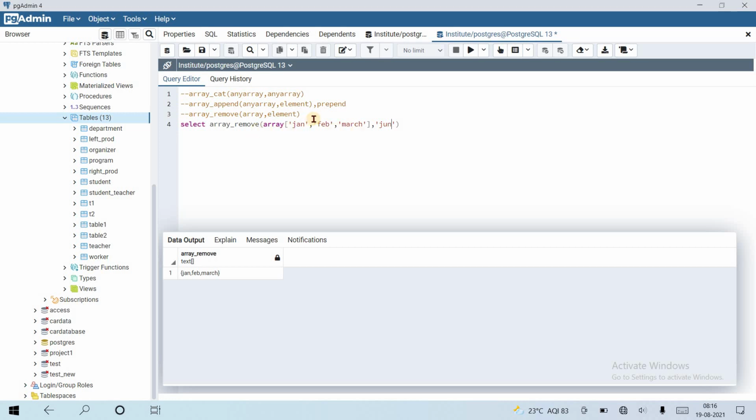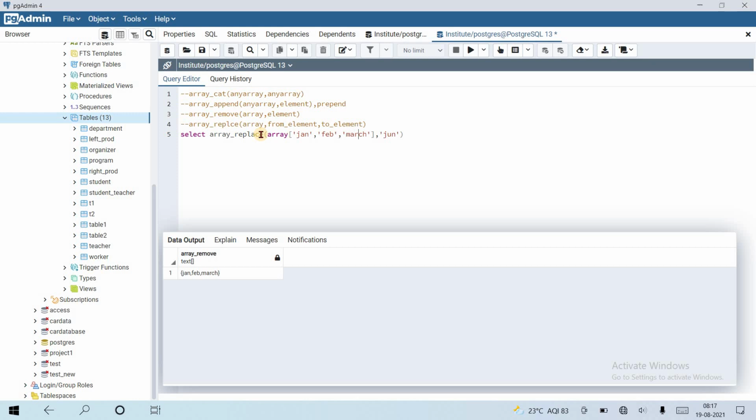The next function is the array replace function. Let's see what the syntax of array replace is. Inside we need to pass the array, obviously, because the operation is on an array, then from element to element. Like this, we have seen this function in SQL also. So let's use array replace.